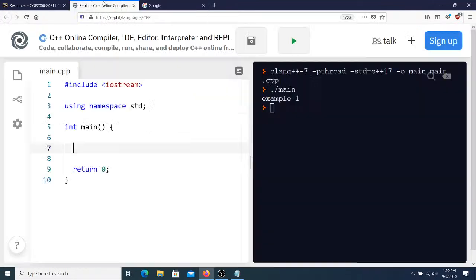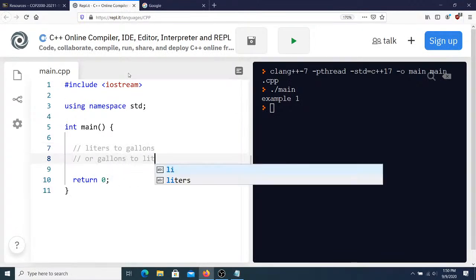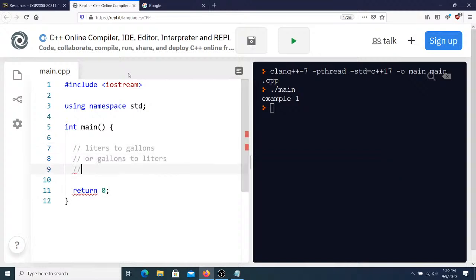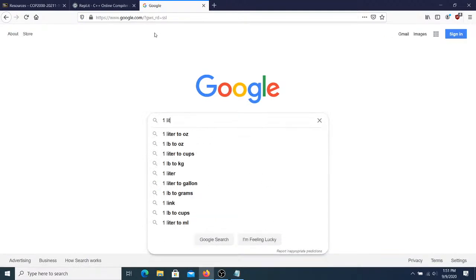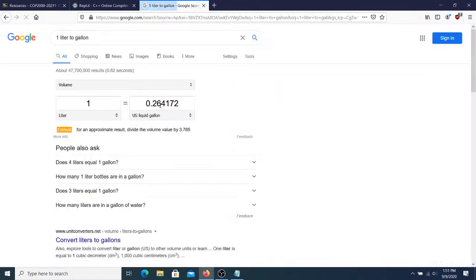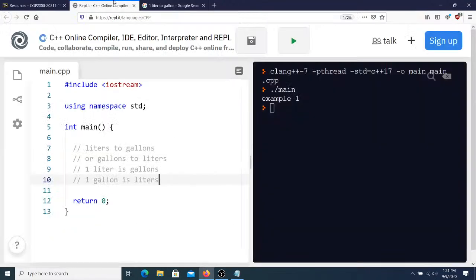So this one's going to be liters to gallons or gallons to liters based on the menu. Let's say that 1 liter is some number of gallons, and 1 gallon is some number of liters, and let's look that up real quick. I use these so much you'd think I'd have these memorized. 1 liter is